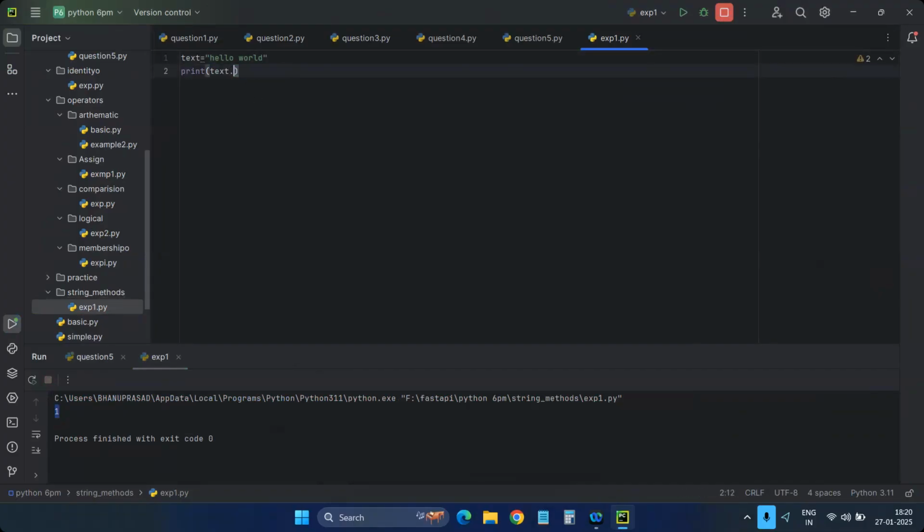Text dot, I want to know whether the word starts. For example, I have an essay competition. In that essay competition, I have kept a condition like all the essay competitors should start their essay with a unique word. If that word exists in your essay, then it will not get rejected. It will move forward. Okay, for example,